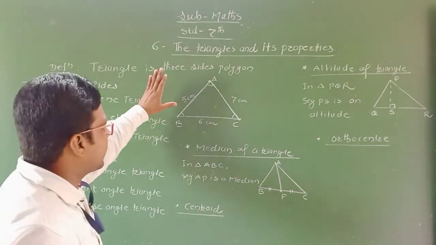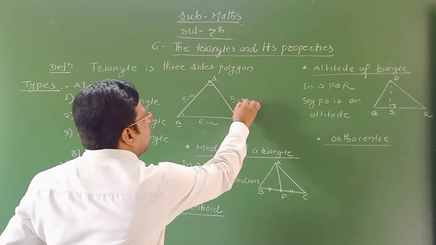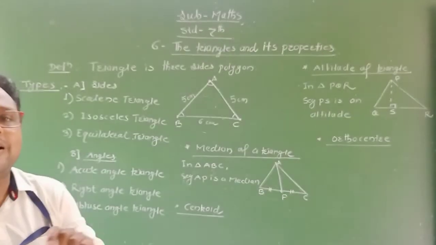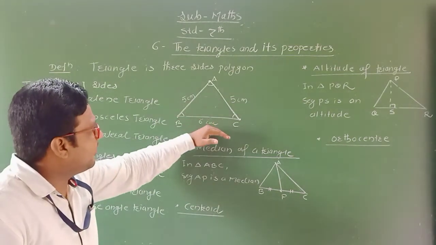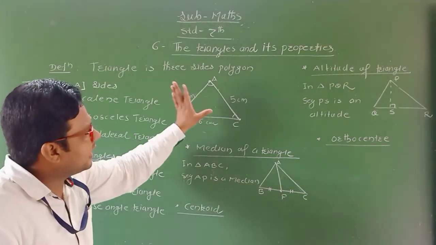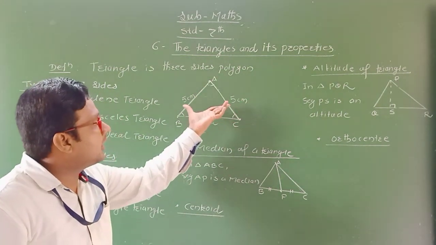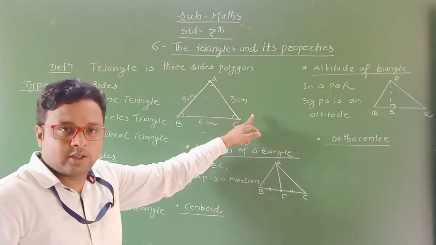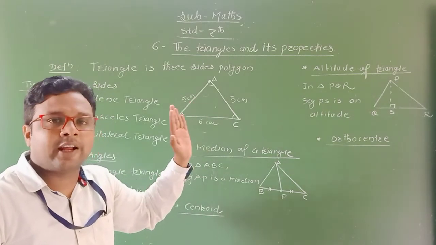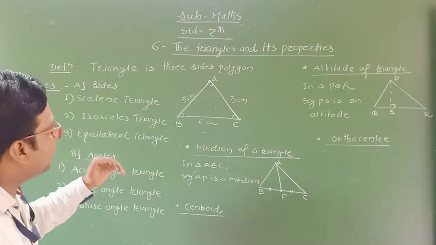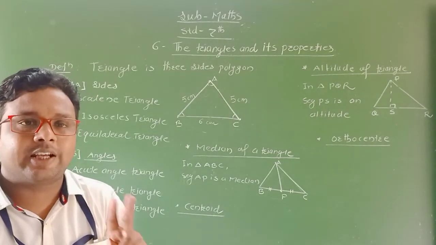Now what is isosceles triangle? The triangle in which two sides are equal in length, then that triangle is called an isosceles triangle. Now see in triangle ABC, here I write AB is equal to 5 cm and AC is given 5 cm. BC is equal to 6 cm. Now in this triangle, two sides are equal. Then we call this triangle an isosceles triangle. Clear? The triangle with two sides equal, that triangle is called the isosceles triangle. This is the second type.